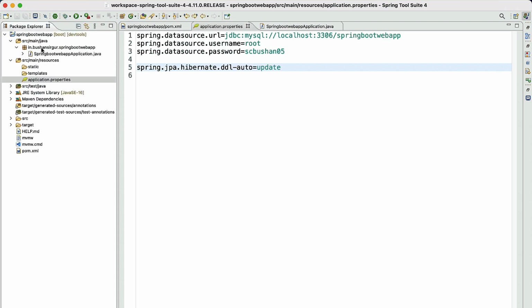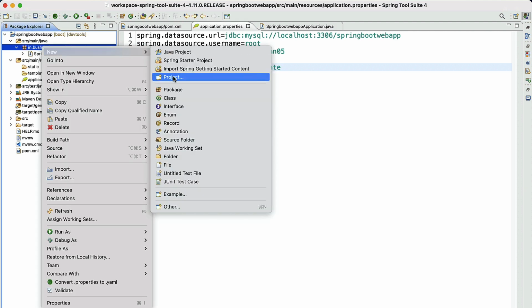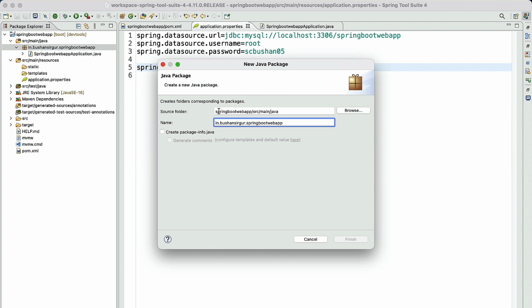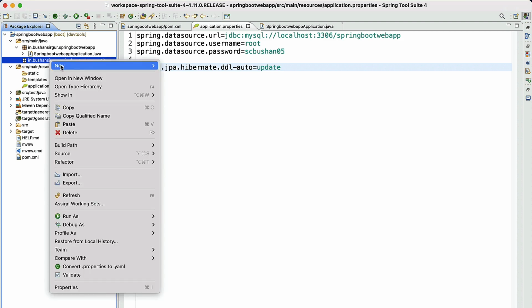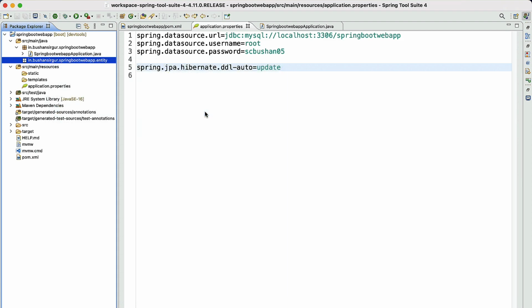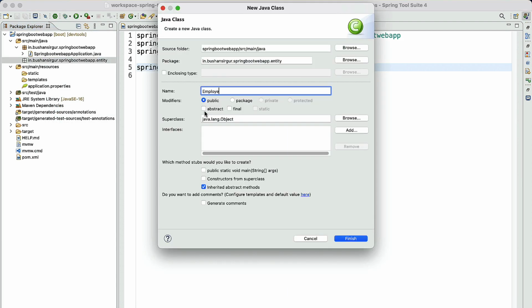So we are going to create an entity package inside the source main Java. Inside this package, we are going to create a new class, which is Employee class.